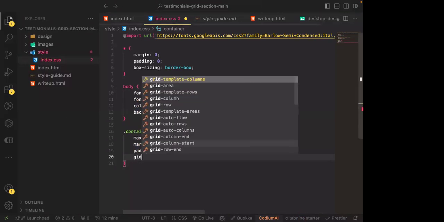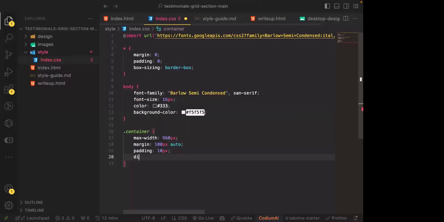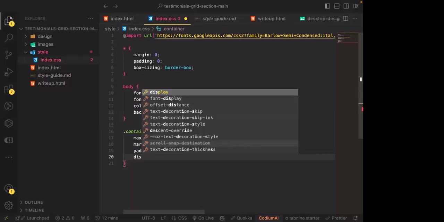We'll now use our display grid, which is informing it that